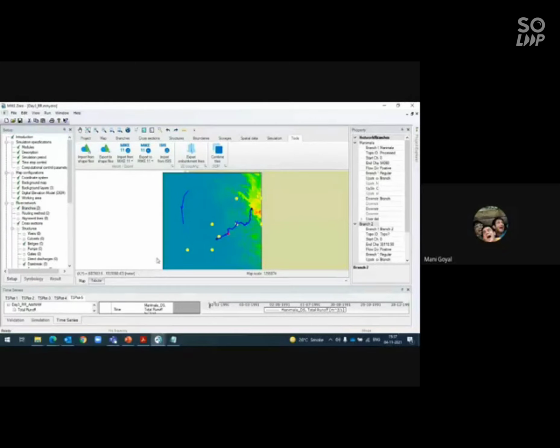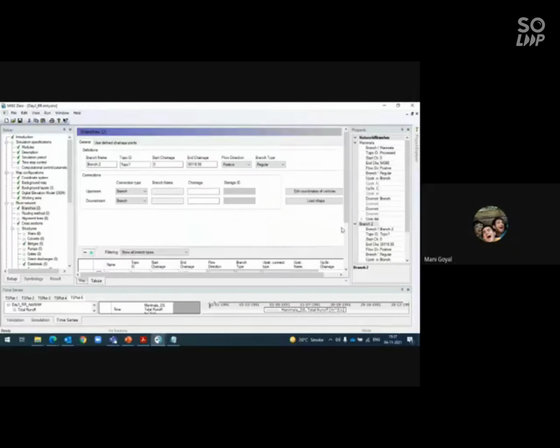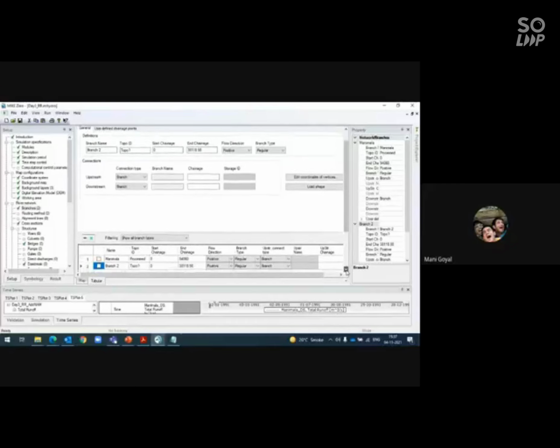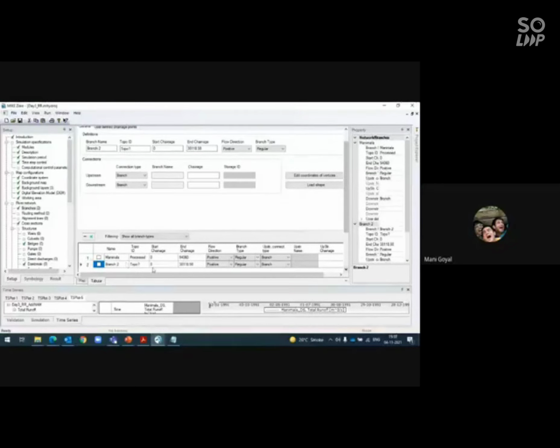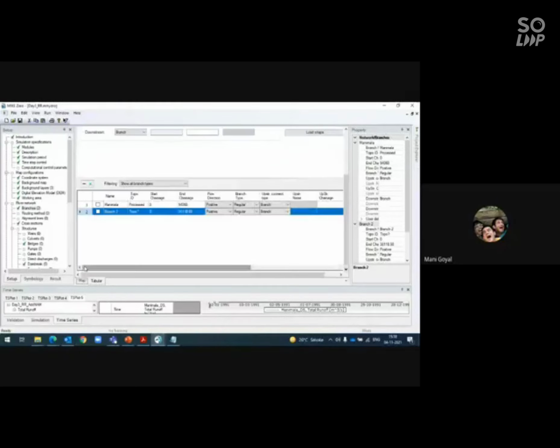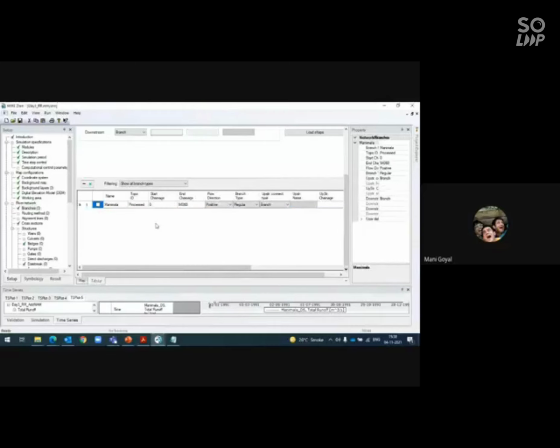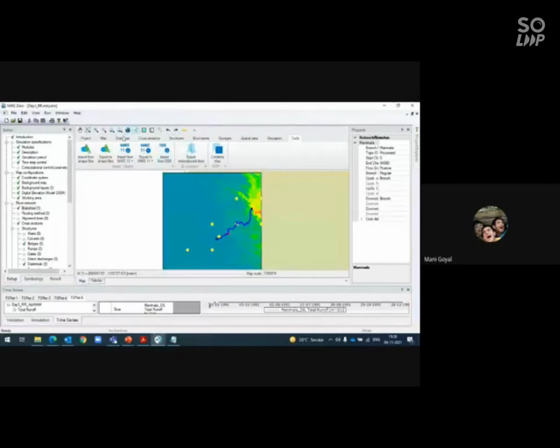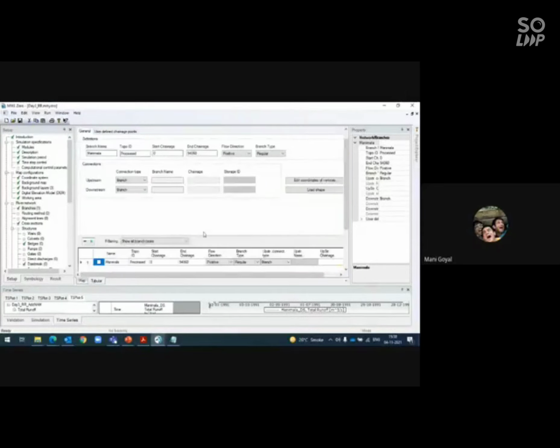This is the map view. In tabular view, once you trace your river or import, as I've digitized one, it has automatically calculated the chainage. This is not very meaningful, so I'll delete it. You can delete it from here, and there is an option of deleting the river from here also. You can select this delete option, and if you go nearby, this pencil will come, and if you click on it, it will delete the branch. So you can define this chainage by yourself.